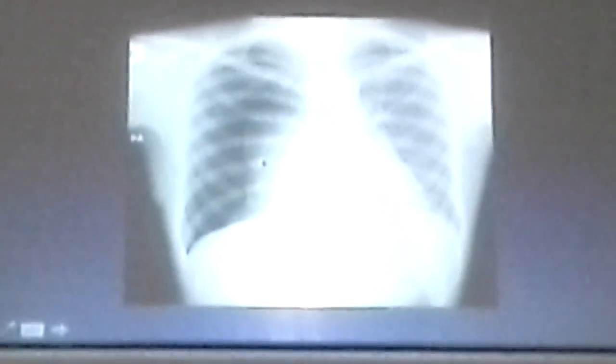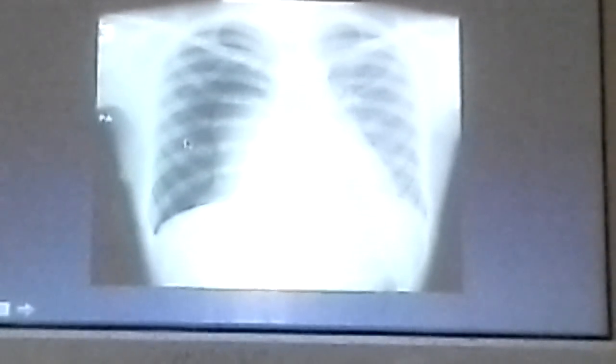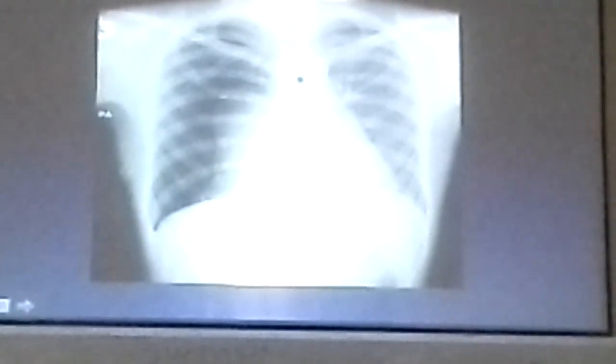So this is a kind of emergency, surgical and medical emergency. You can save the life of a patient if you recognize this, because these patients require urgent treatment. You have to remove this. Otherwise there will be cardiac and renal